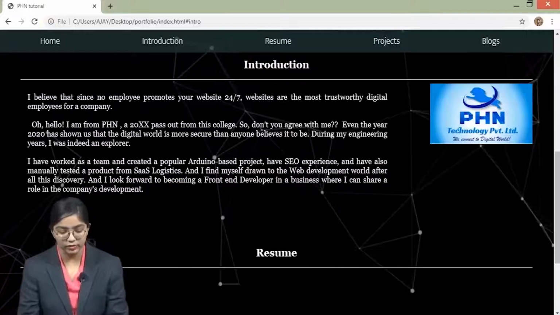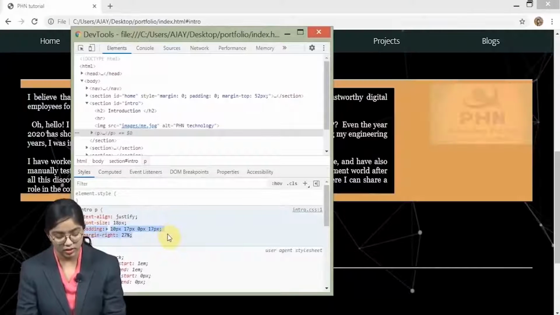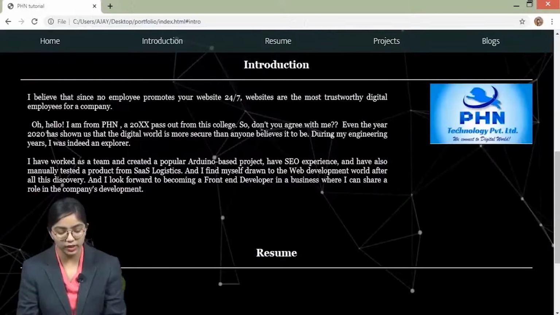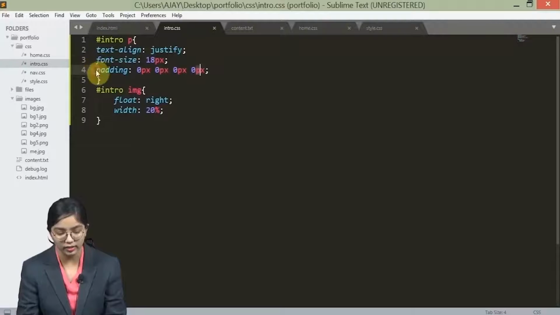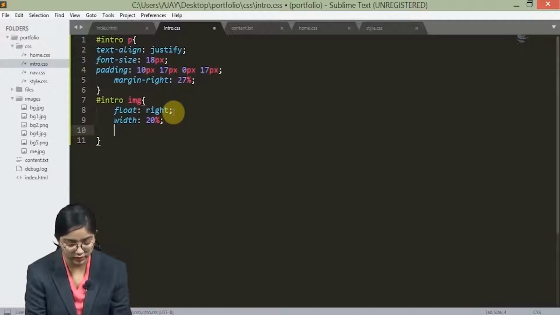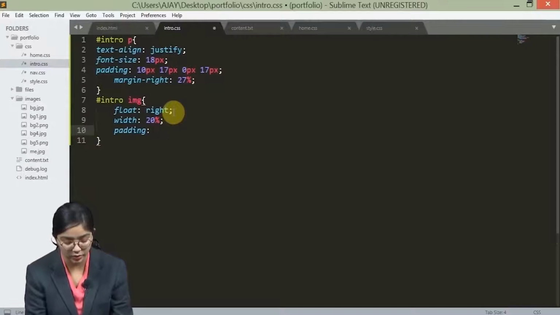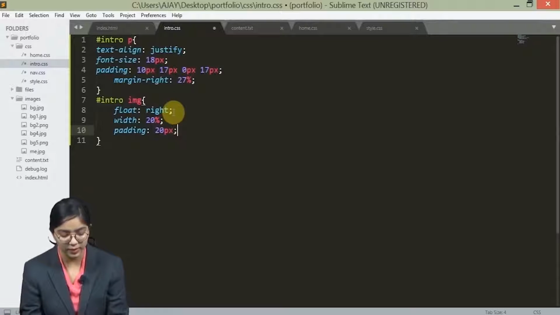Okay, now we need to copy these properties so that they don't get lost, because it is not going to directly affect our file. So we need to give padding to this particular tag also. I'm going to give it a 20px.